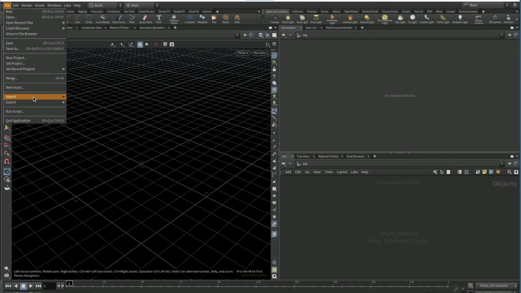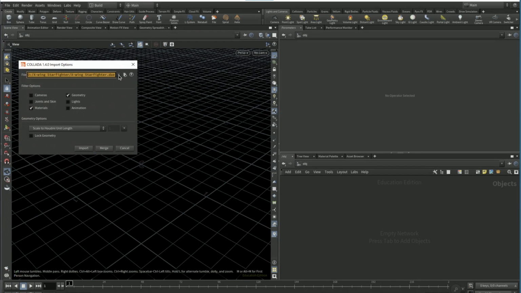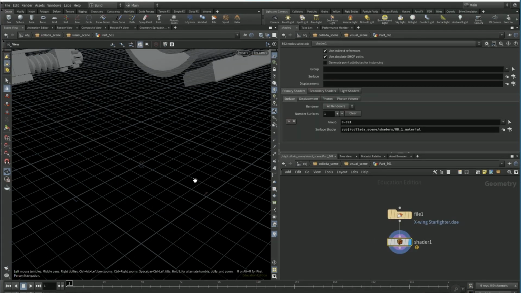Hopefully you've got the DAE folder, so go to import Collider and just pick your folder out. I've already got mine ready to bring in. Tick off cameras, joints, lights, animation, keep geometry and materials, scale to Houdini unit length, and make sure to tick off lock geometry, and then just click merge. And that'll bring in your Lego model. Okay, so now